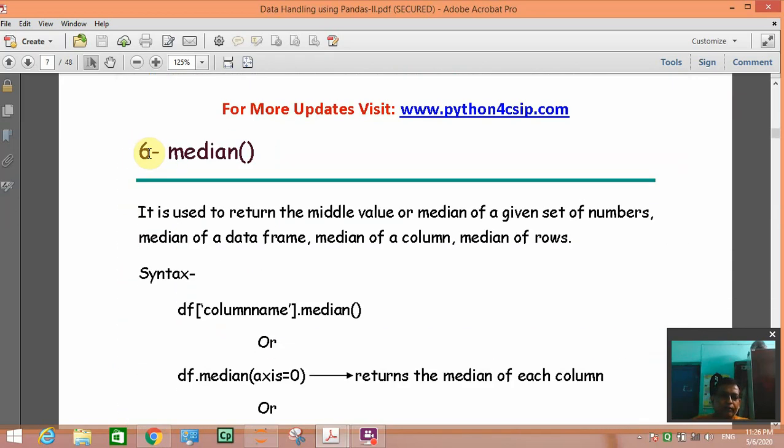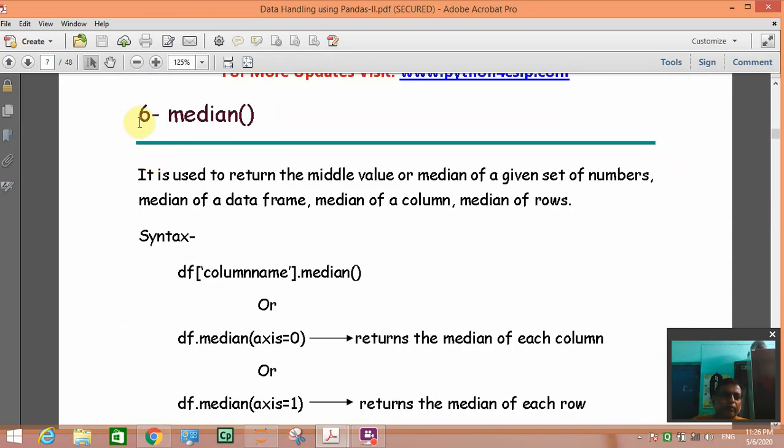Next is median. If you have studied statistics in class 9th and 10th, there you have seen what is mean, what is median and what is mode.